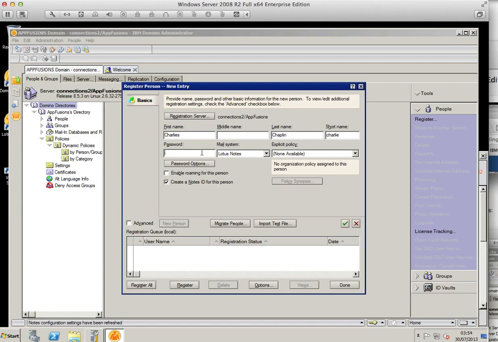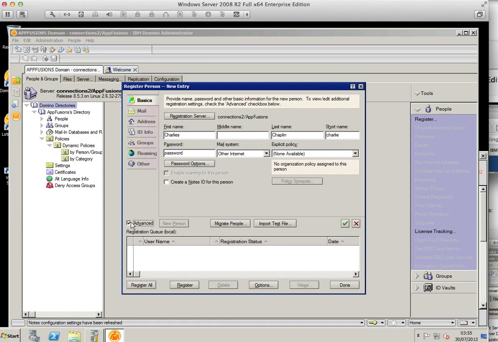And I'm going to give him a simple password. And I'm going to unselect create a notes ID because I'm not interested in notes in this particular thing. I'm going to select a mail system of other internet,